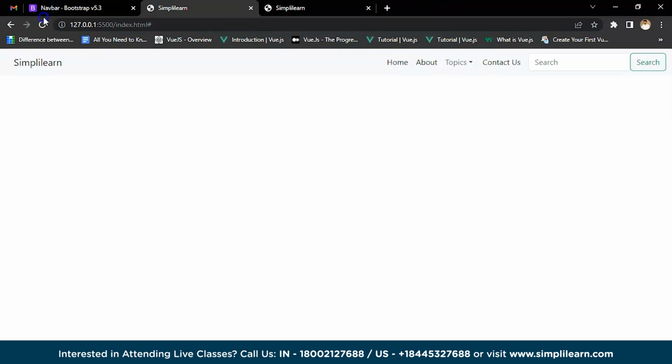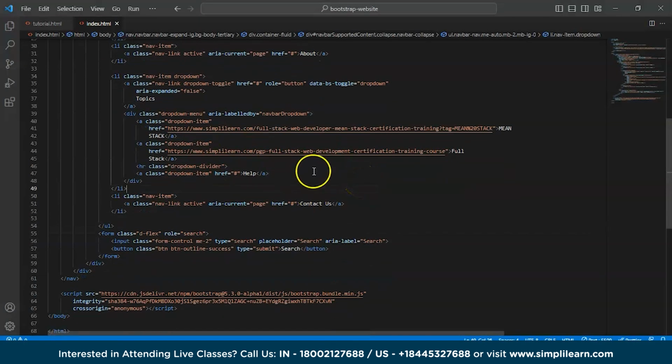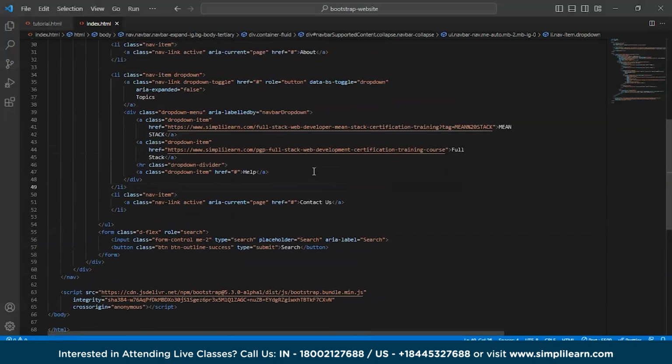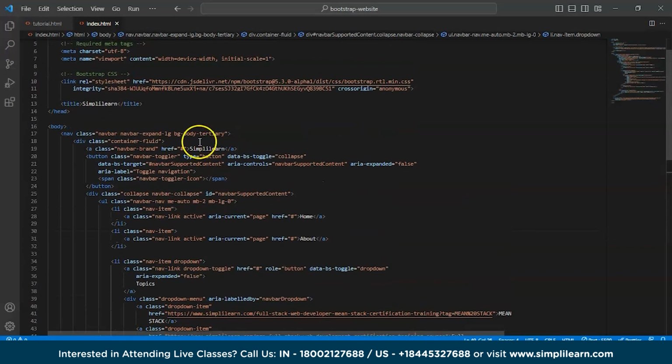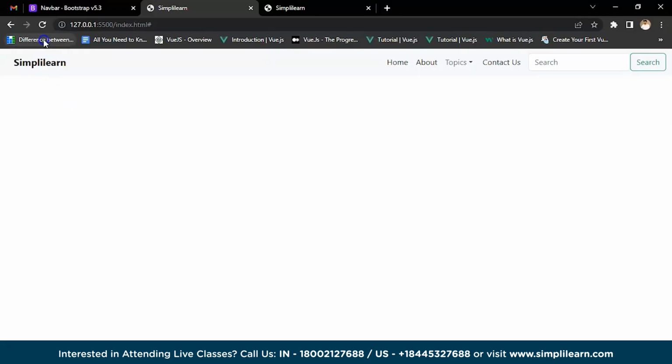Let's check. Now what I'll do is I'll copy this one. Okay, let's just make the Simplilearn look bold. So I'm going to use this B tag, which is also known as bold. Save it and see the Simplilearn logo